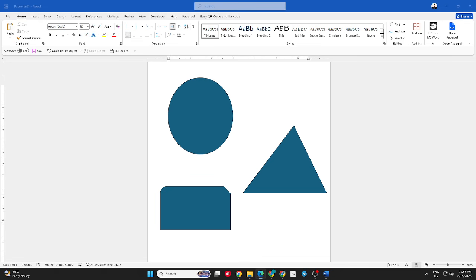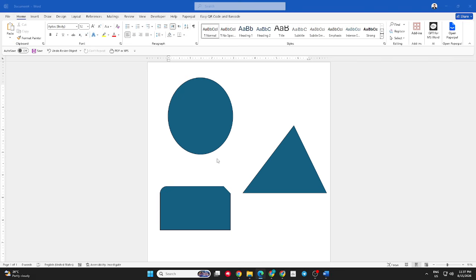In today's video, I'm going to teach you how to change or replace shape color in Microsoft Word. If you have a shape in your Microsoft Word document and want to change its color, you can easily do this using the Shape Format options. This is useful when creating diagrams, posters, forms, presentations, or other documents where you want your shapes to match the